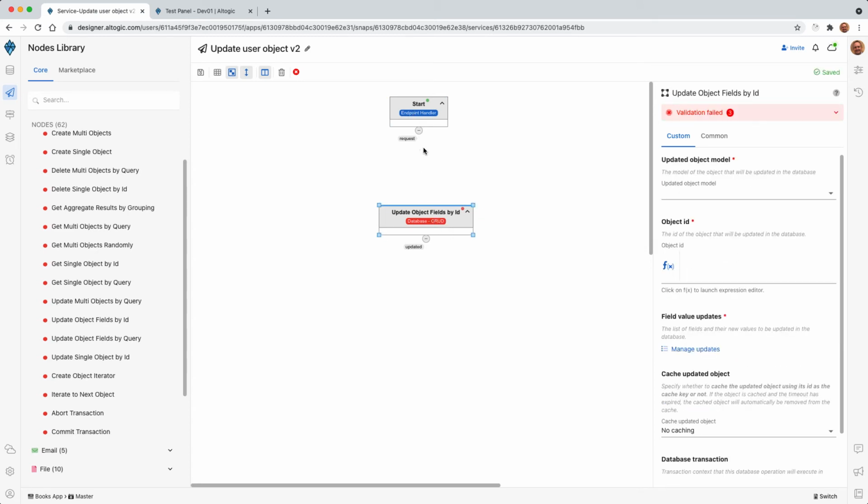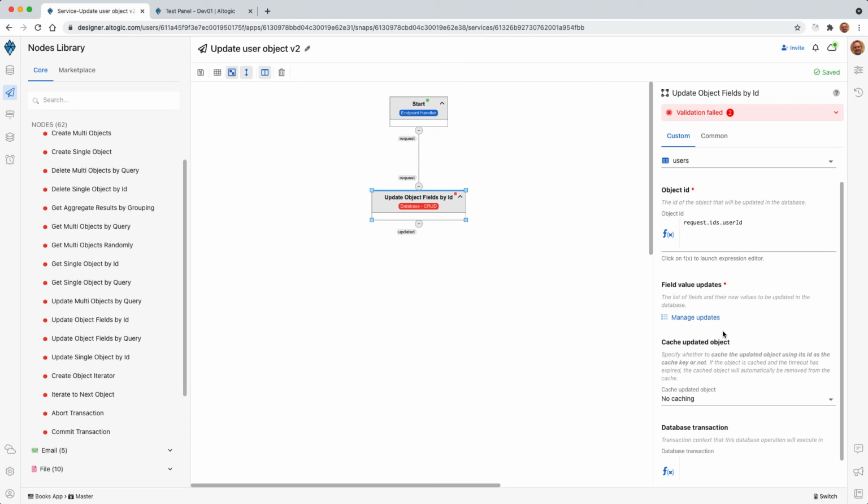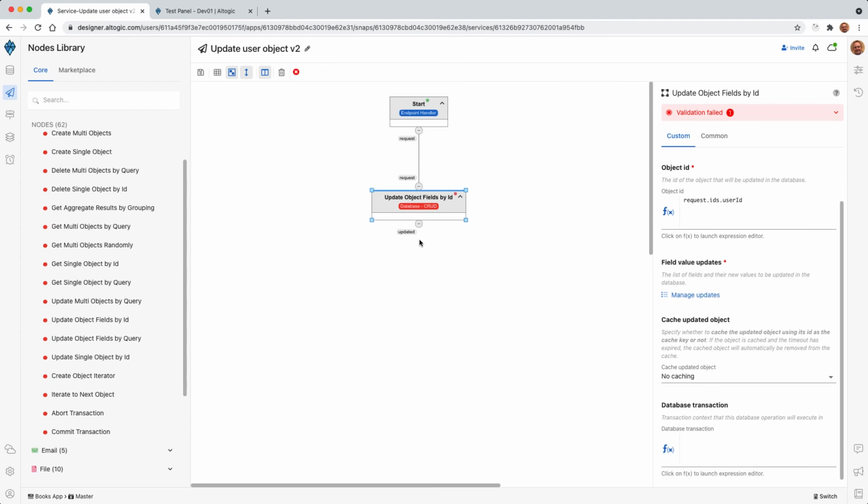What we will be doing is the following actually. I will be dragging and dropping this output as input to this update node. First, we will be updating the user's data. The object ID will be coming from the path parameter user ID. And what we can do, different than the previous versions of this update node, is instead of getting the update fields as an input to this node, we can manually add the fields that we would like